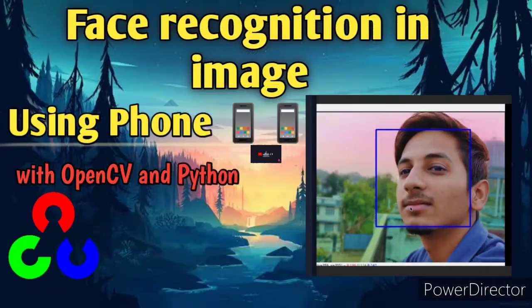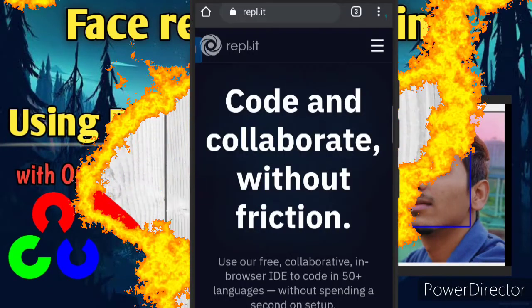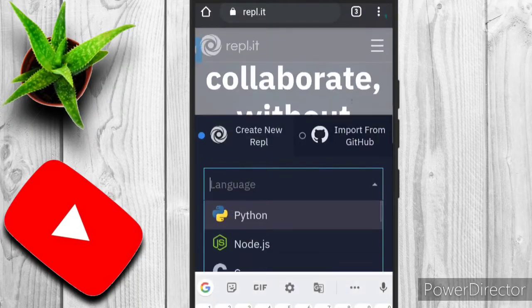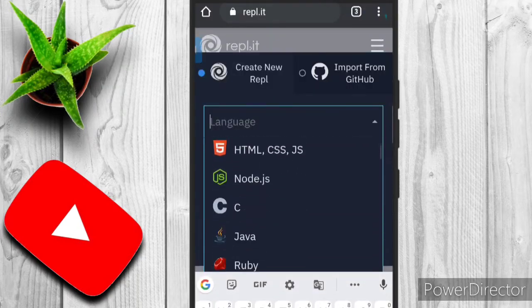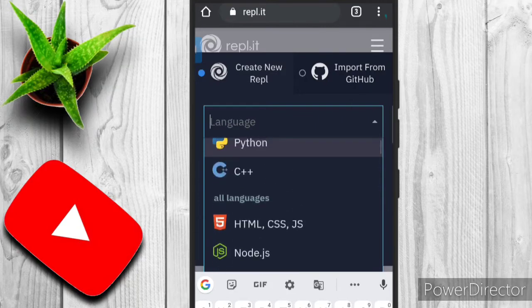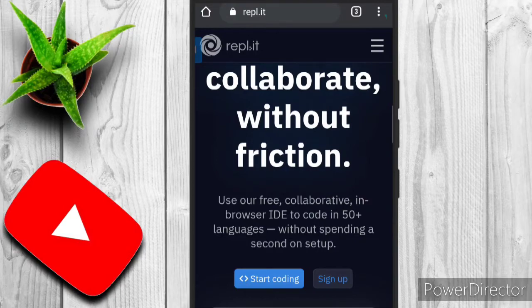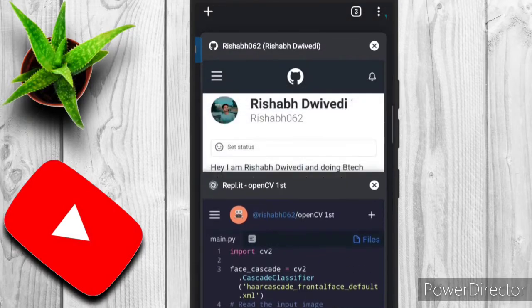So friends, let me take you to my screen. Welcome back guys, I hope my screen is visible to you. The platform we are going to use in our program is Replit. It's a very dynamic platform, a free in-browser IDE, and it supports nearly 50 plus languages. So if you don't have a system with you, you can definitely use it and code in many languages. Just make an account through the sign up option. It's a very simple process. So let me move on to my content.